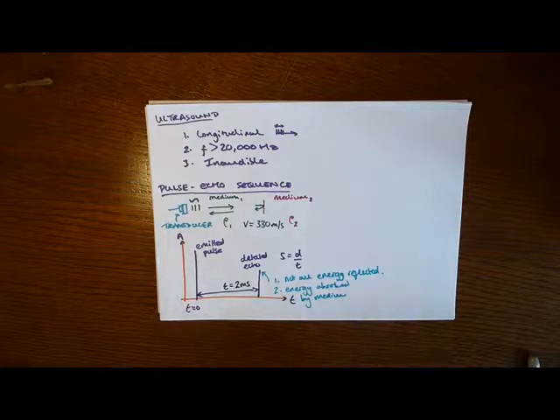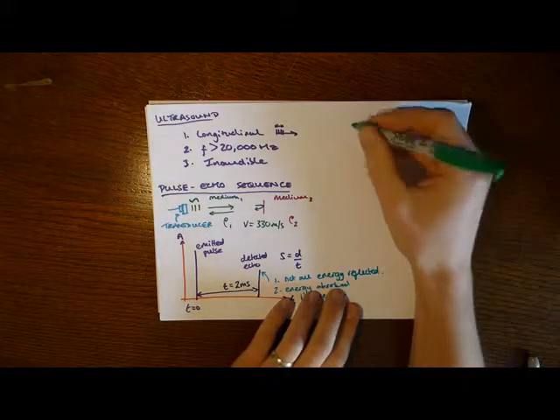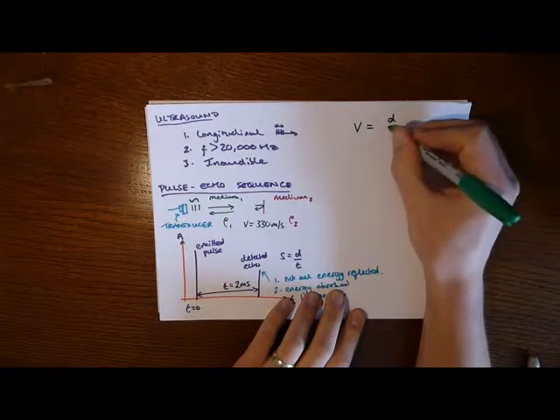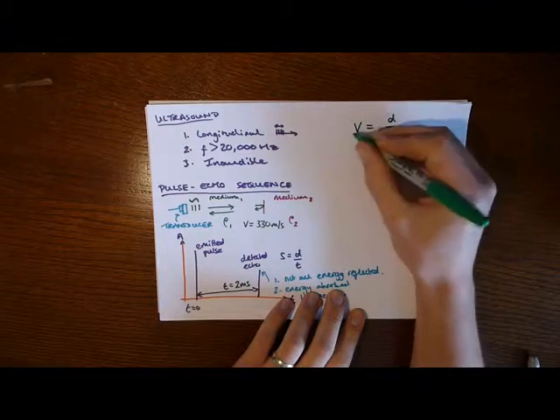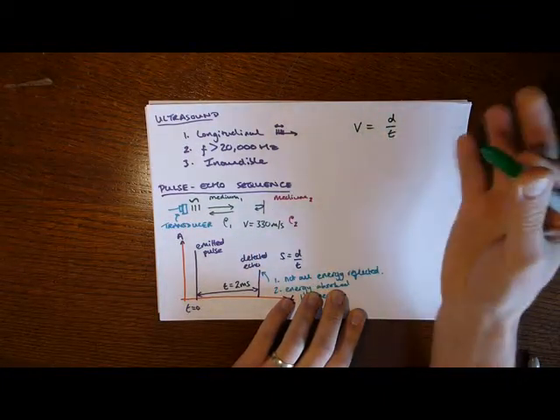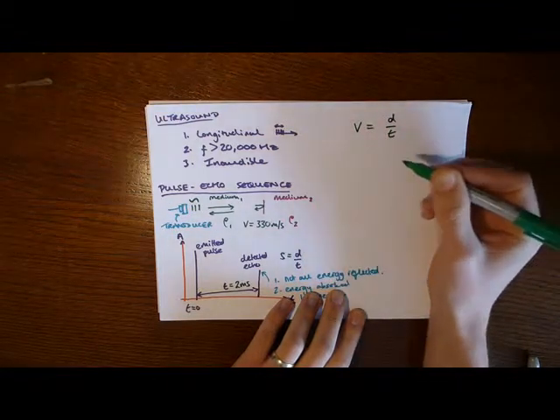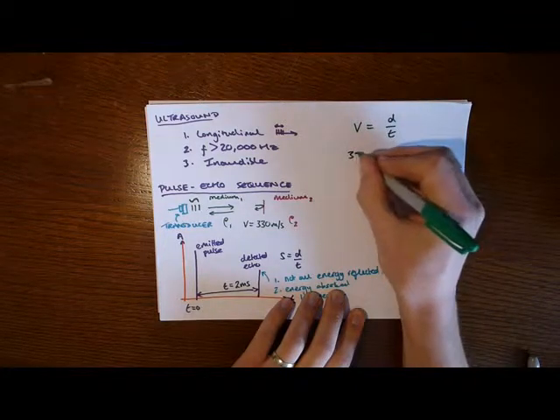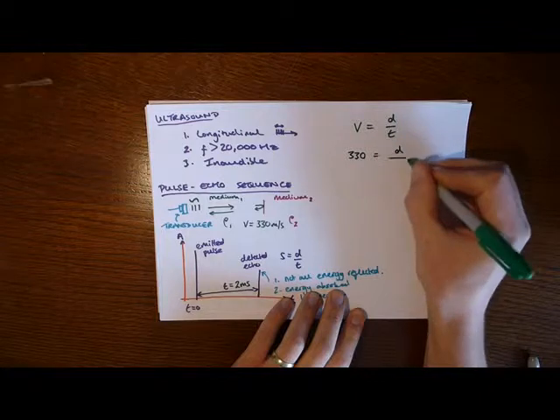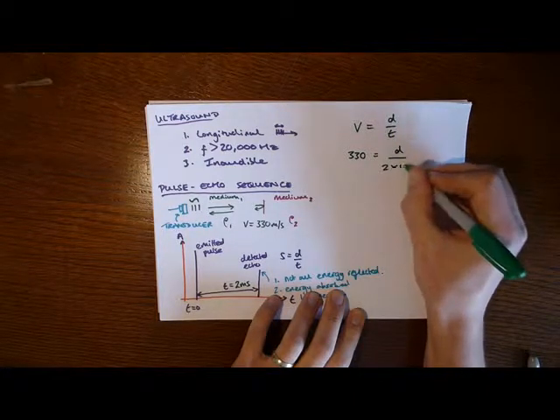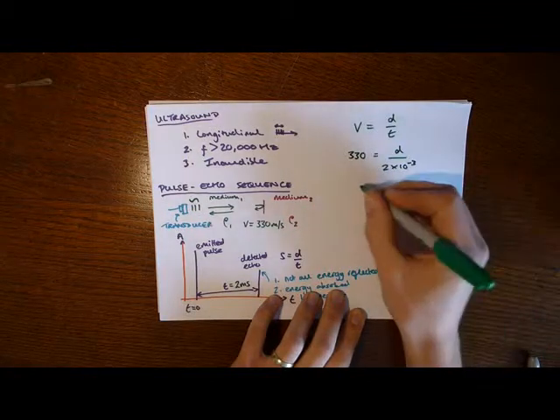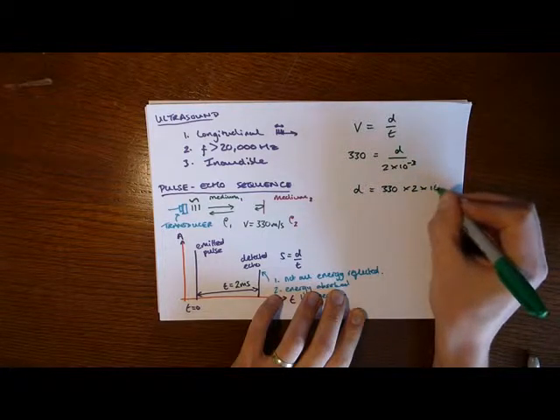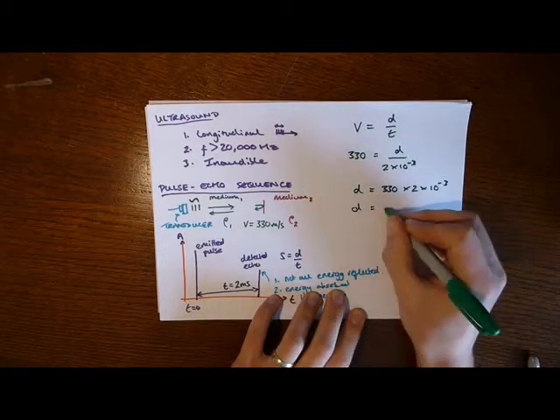So let's do the calculation then to work out how far away this wall is. We've got V equals D over T. Okay, V for our speed of our wave, we tend to use V for that rather than S. It doesn't really matter what symbols you use as long as you make it clear to the examiner what you're doing. So I then put our numbers in. 330 equals distance over 2 times 10 to the minus 3, so it's 2 milliseconds. Rearrange all that, you get distance equals 330 times 2 times 10 to the minus 3, which means we get a distance of